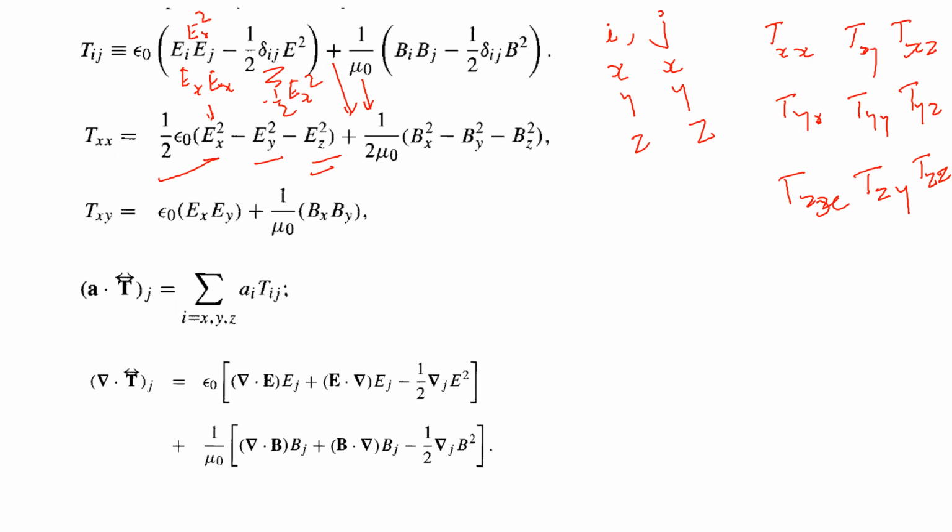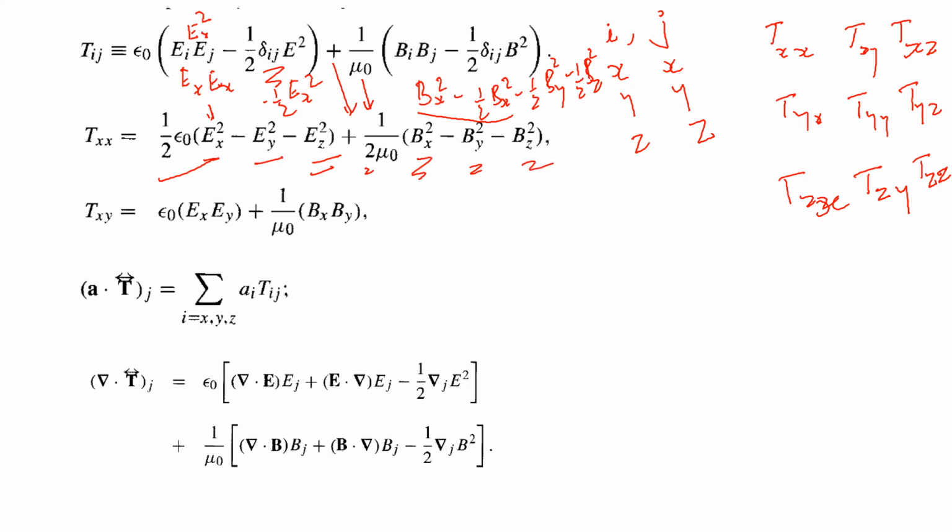In the same way Bi and Bj. When I and j are the same, for example x, this will be Bx square minus half of the values for I and j, xx, yy and zz. So this becomes Bx square minus half By square minus half Bz square. Now Bx square minus half Bx square, the answer will be half Bx square. So half Bx square is there, then minus half By square minus half Bz square. Hence we got the Txx component.